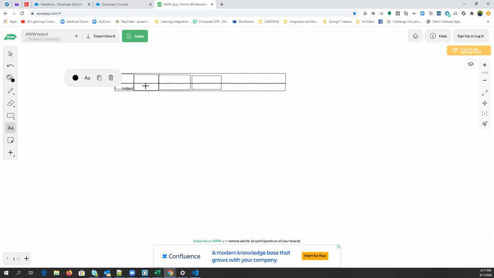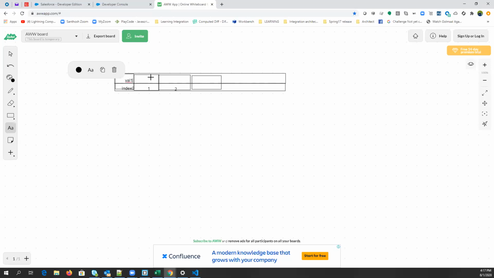Every time we start the index from 0, then 1, 2, and this is 3. The first value will be stored at index 0, and the second value will be stored at index 1.